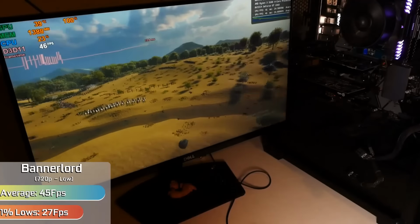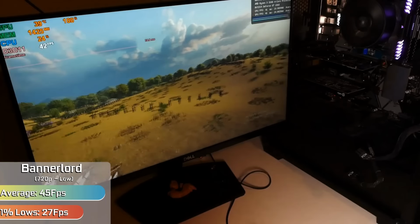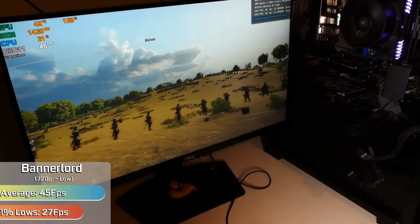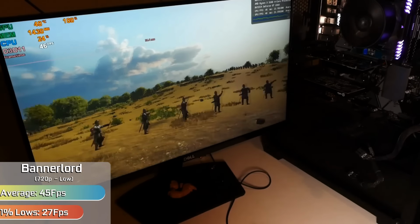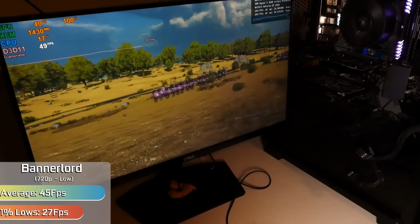Mount & Blade 2: Bannerlord ran with the low preset in 720p and averaged 46 FPS throughout most of the benchmark, which isn't too bad and is far from the realms of being unplayable. Yes, it might look so ugly you could confuse it for Warband, and no, there aren't any shadows enabled, but